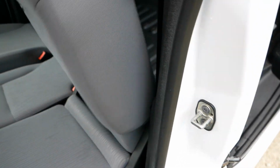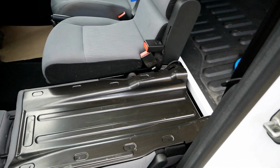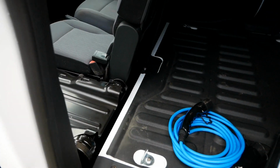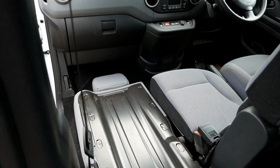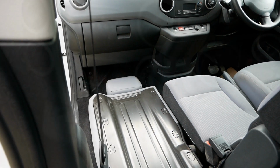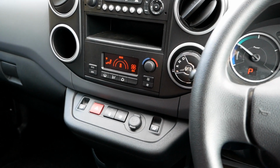Or you can drop the whole front seat down completely. It's then flush with the rear cargo area, and it allows you to put long loads through, and it hooks under the dash into the footwell. So looking on the inside of the van here,